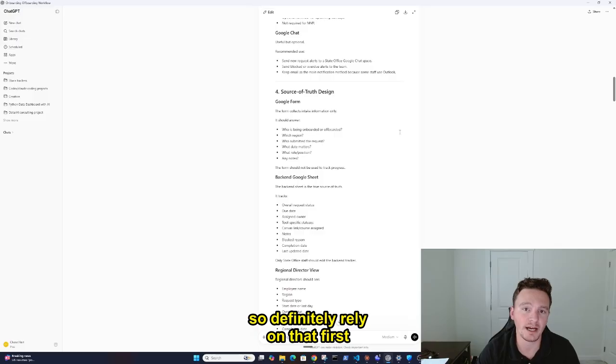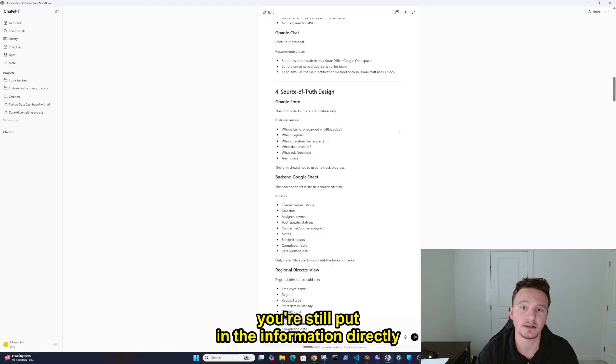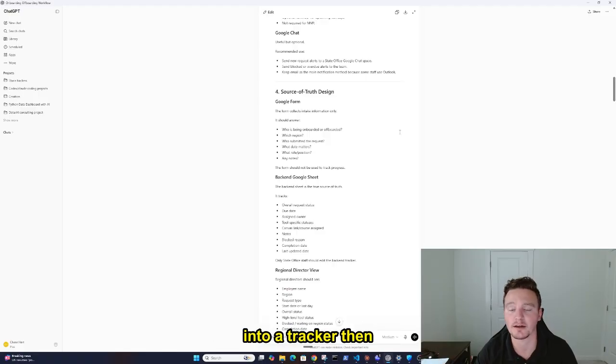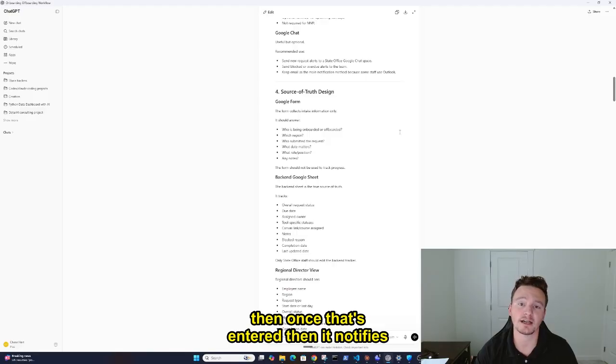So definitely rely on that first heavily, and once you get good results with that, then throw in AI. For example, one workflow I'm doing right now is updating a tracker. So right now it's still manual. You'll still put in the information directly into a tracker. Then I added on an app. So you just add it to an app, and then once that's entered, then it notifies the people that need